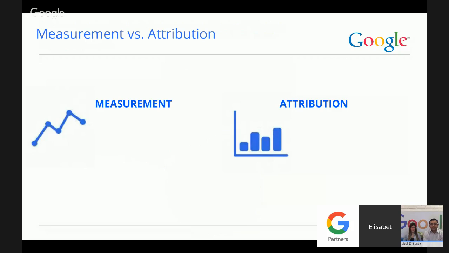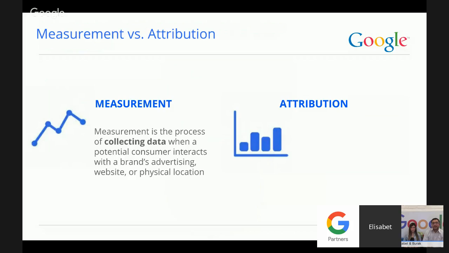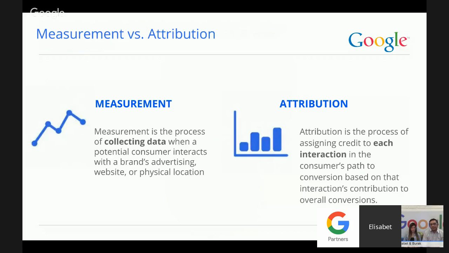So what's the difference between measurement and attribution? Measurement is the process of collecting data when a potential consumer interacts with a brand's advertising, website, or physical location. In other words, it's measuring specific figures, for example, number of impressions, number of clicks, number of conversions, or percentages or ratios like CTR, click-through rates. However, attribution is the process of assigning credit to each interaction in the consumer's path to purchase, which means that